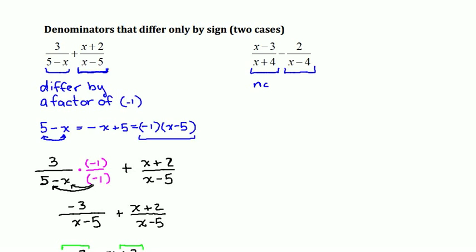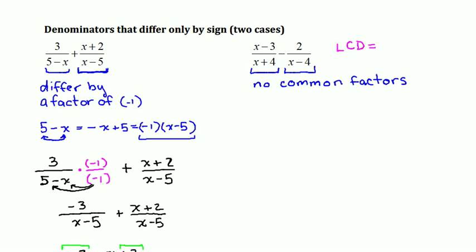Instead, these have no common factors, and this isn't really a special case at all. When there are no common factors at all in the denominators, we need to include both of them in our LCD. So I'll go ahead and start by just defining my LCD to be the product